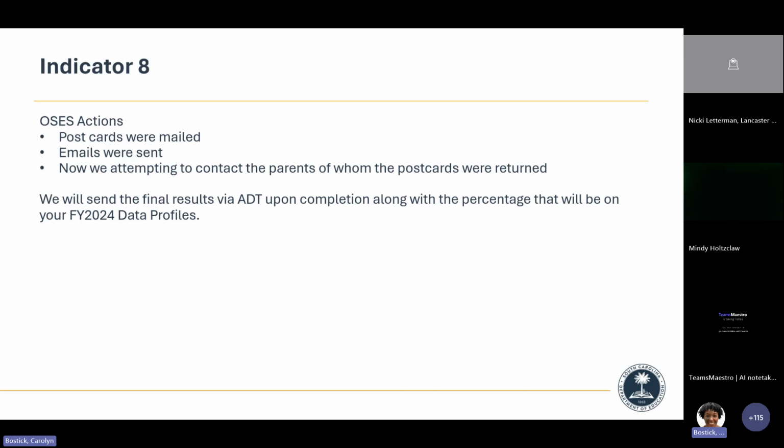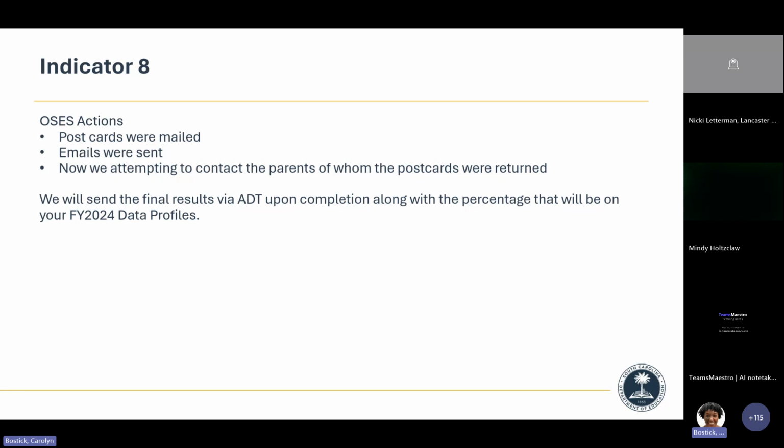So with the postcards that were returned, we are doing one last call out, dividing and conquering. We are spreading out those postcards within the office and trying to contact those parents to get their responses for the survey.